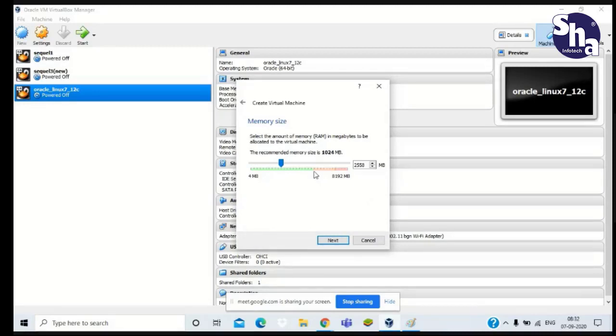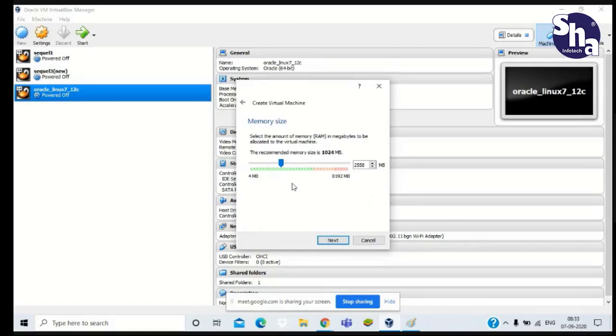If you vary the values, there will be performance issues. If you give more RAM, then suppose you are using Windows OS and you are installing Oracle Linux OS in this VM box. If you give all 8 GB to your Linux OS, then how much RAM is left for Windows?